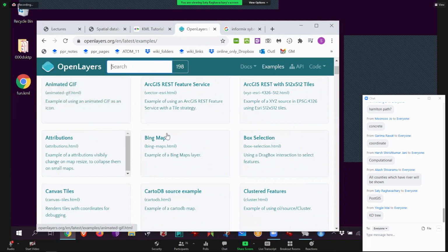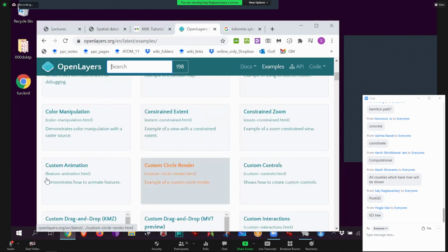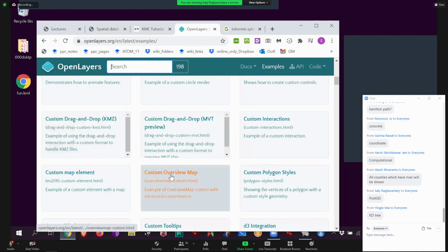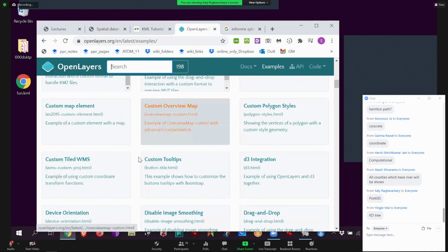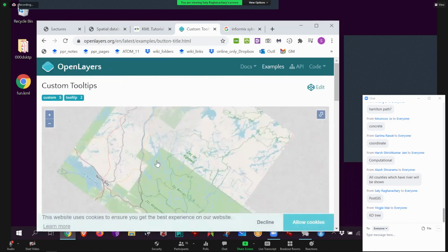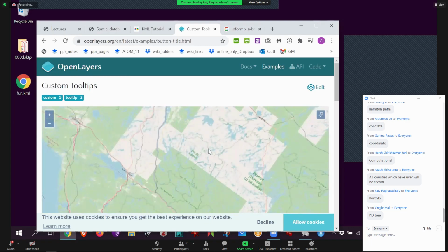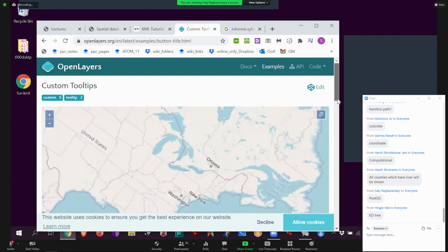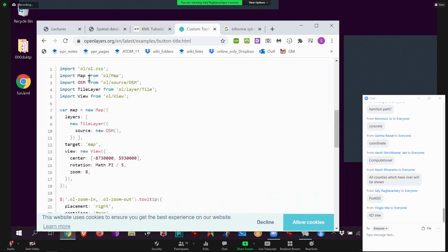You simply just start doing stuff. Custom polygon styles. Just pick one. Okay, so they're all just a few lines of JavaScript, and then the map is all loaded automatically. Is that Polish? No, it's not Polish. It's Canada. All right, so see, that's JavaScript, right? Good old simple little JavaScript.